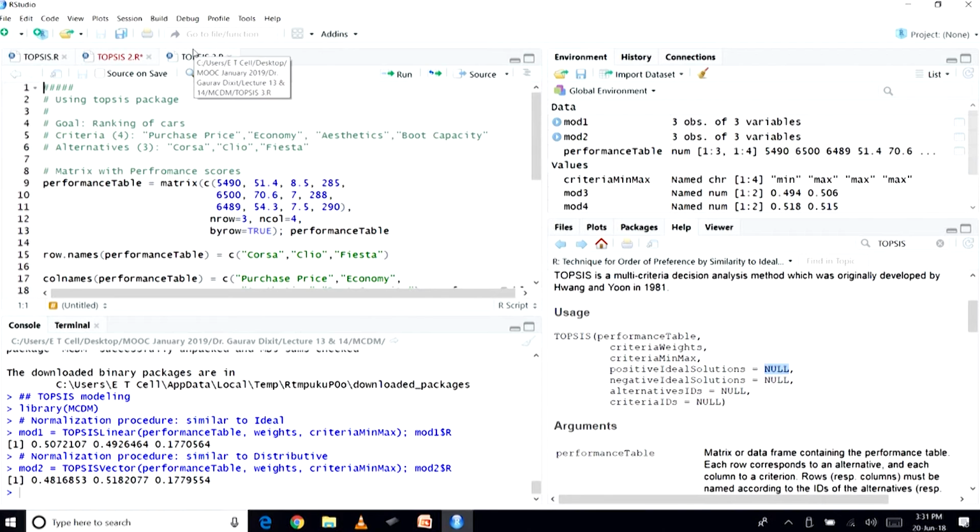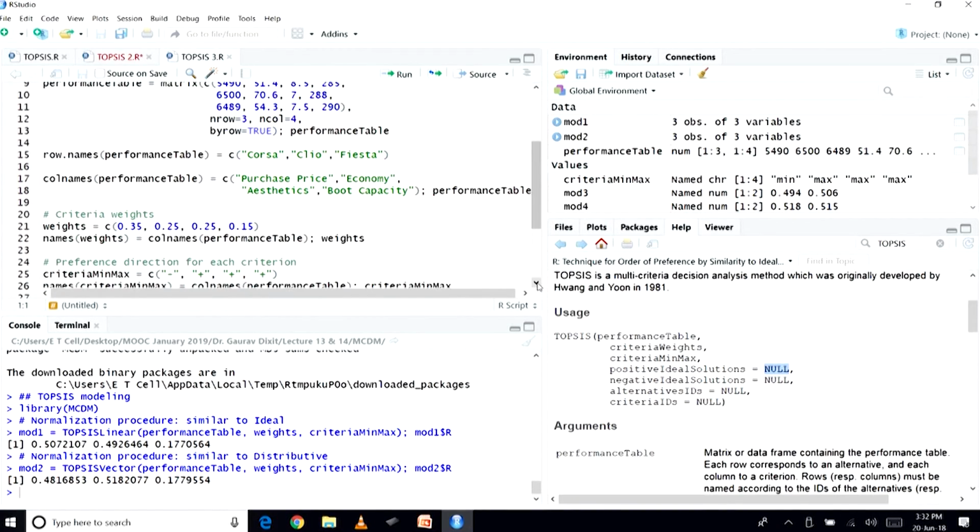So, now this is the second package that is available in our studio, in our environment. Now, we will talk about the third package that is available. The name of this package is TOPSIS, and again we are going to use the same example, ranking of cars. We have the same 4 criteria: purchase price, economy, aesthetics, boot capacity, and the same 3 alternatives, 3 cars that are to be ranked. We have the same performance table again, and then the other details are the same, criteria weights